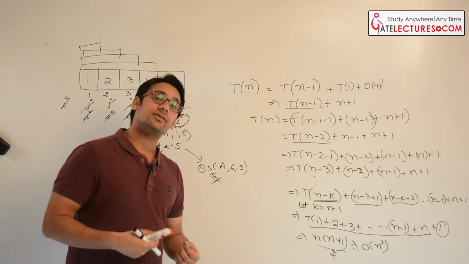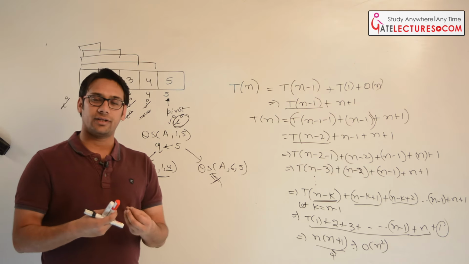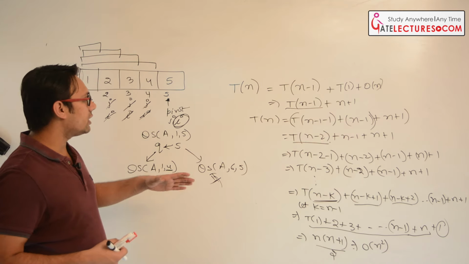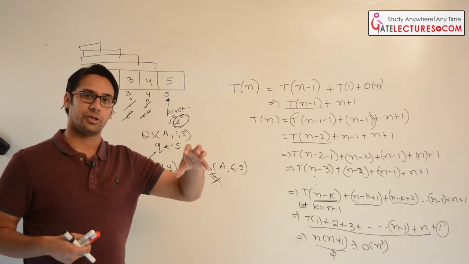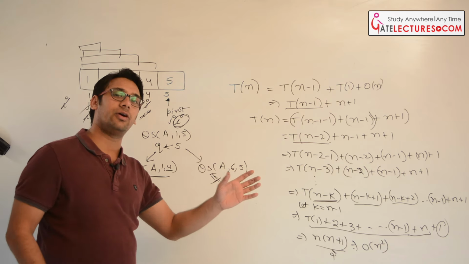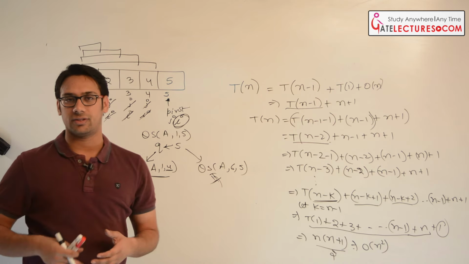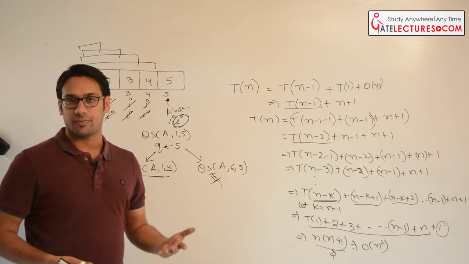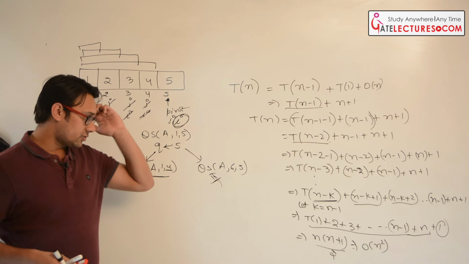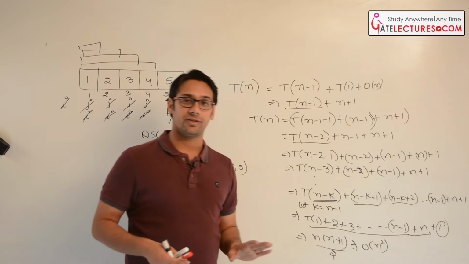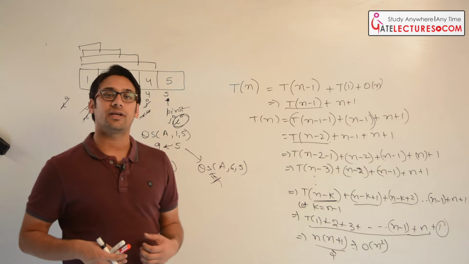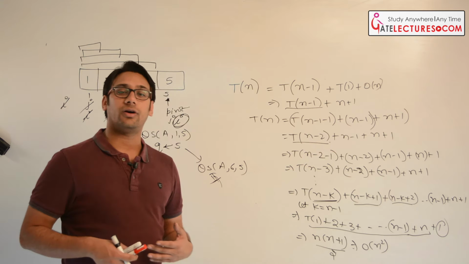Okay, so let us see if some data items are sorted and some are not. Let us suppose we have a partition where 90% of the data items are in the first half and 10% in the second half. What will be the time complexity of quick sort? In that case it will be the average case, right? So you can see in quick sort, in the best case it is order of n log n, in the worst case it is order of n square, but in the average case, quick sort will take order of n log n time.